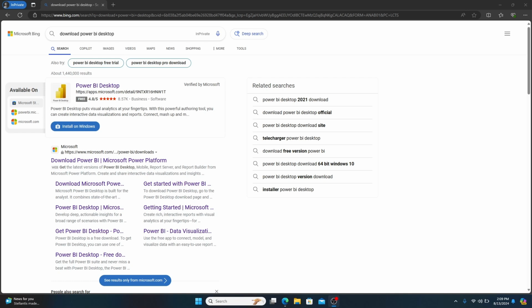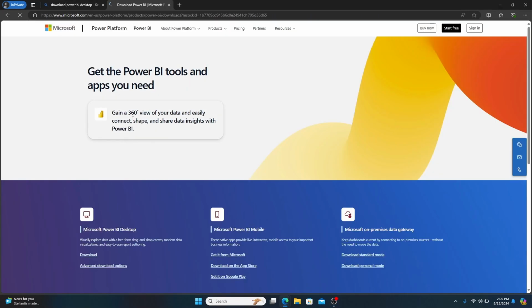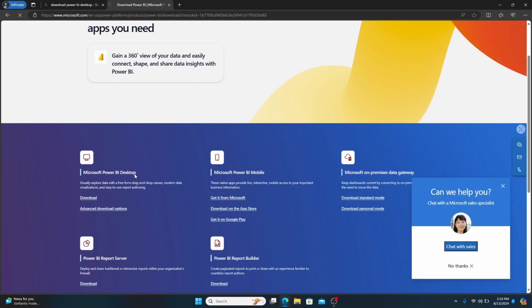First, open your web browser and either go to the official Microsoft Power BI download page or search Download Power BI Desktop. Once you're on the download page, you're going to see several options. So you're going to see Microsoft Power BI, Microsoft Power BI Mobile, Microsoft On-Premises Data Gateway, Power BI Report Server, and Power BI Report Builder. What we're going to do is we're going to go to Microsoft Power BI Desktop and we're going to click